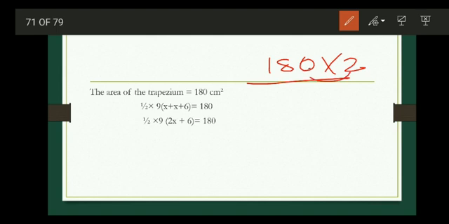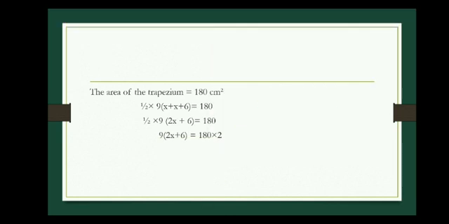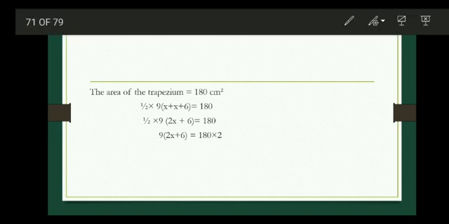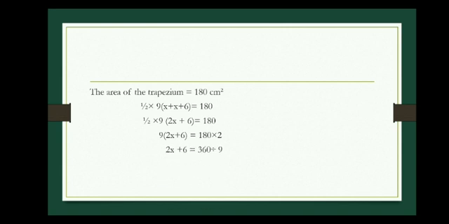So multiply it. 2 zeros are 0. 2 8s are 16. 6 remainder 1. 1 2 is 2. 360. So when you multiply 180 into 2, you will get 360. Right. So this will be equal to 9 into 2x plus 6 is equal to 180 into 2, that is